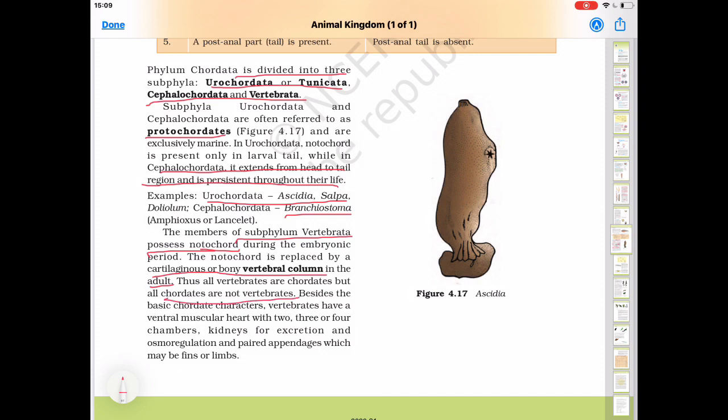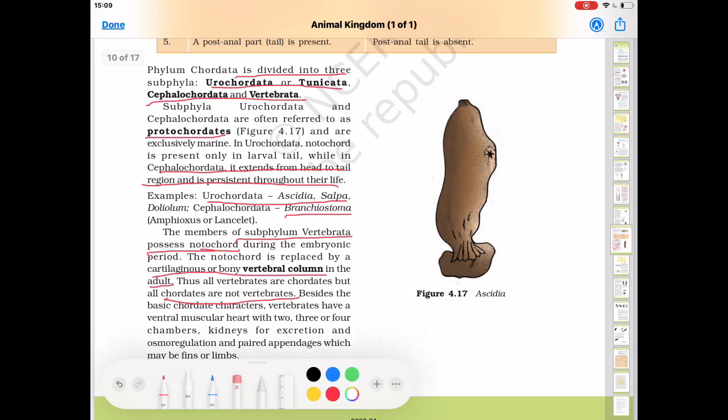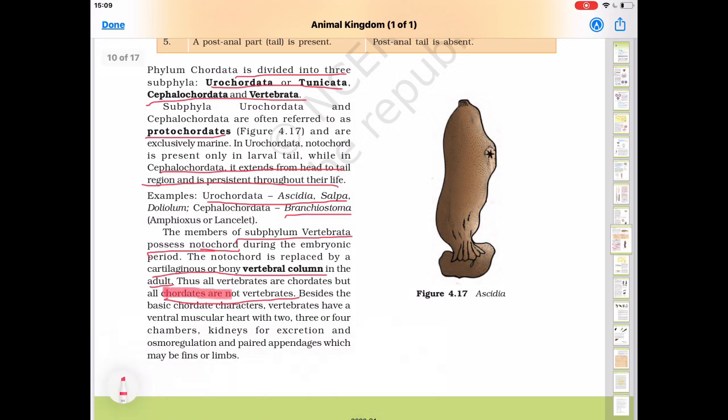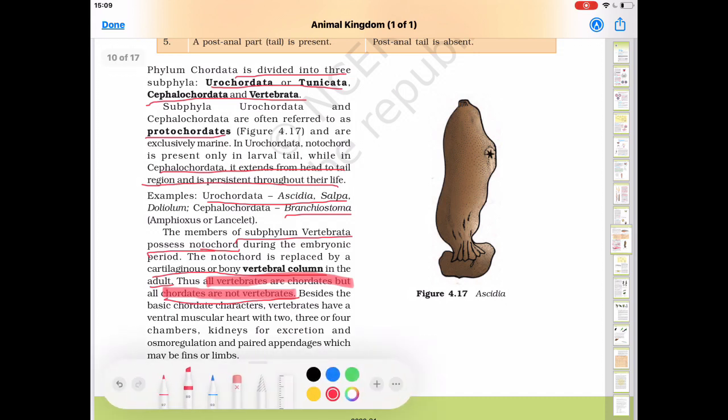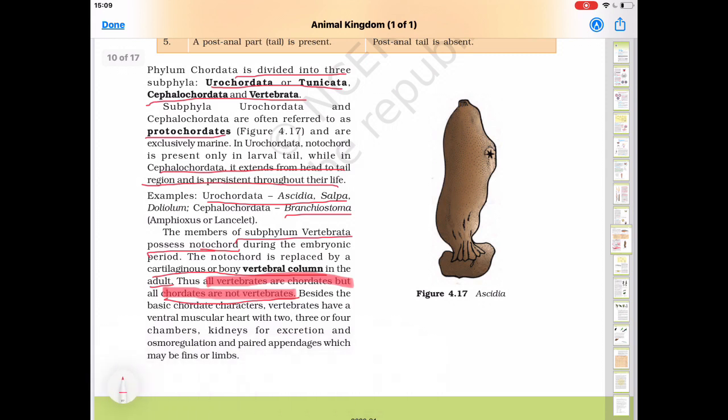Important line. Sometimes a question can be asked: explain the line that all vertebrates are chordates, but all chordates are not vertebrates. Clear? Because vertebrates belong to chordates, but within the chordates, Urochordata and Cephalochordata are not considered under vertebrata. Besides the basic chordate characters, vertebrates have a ventral muscular heart with 2, 3 or 4 chambers,